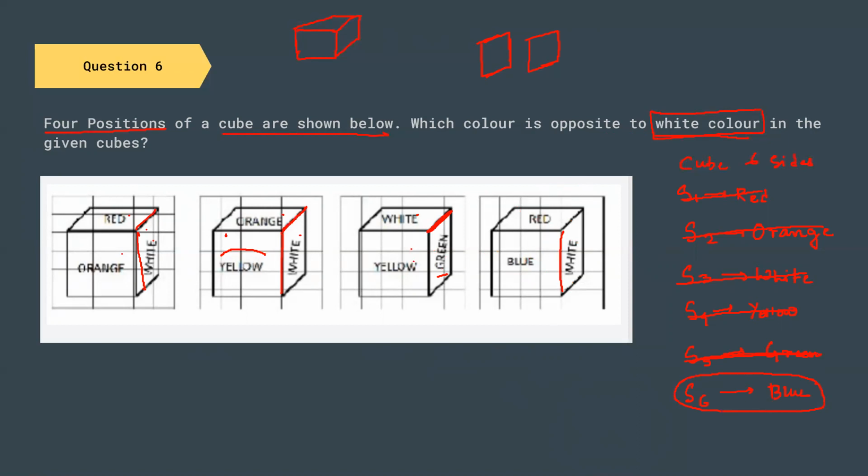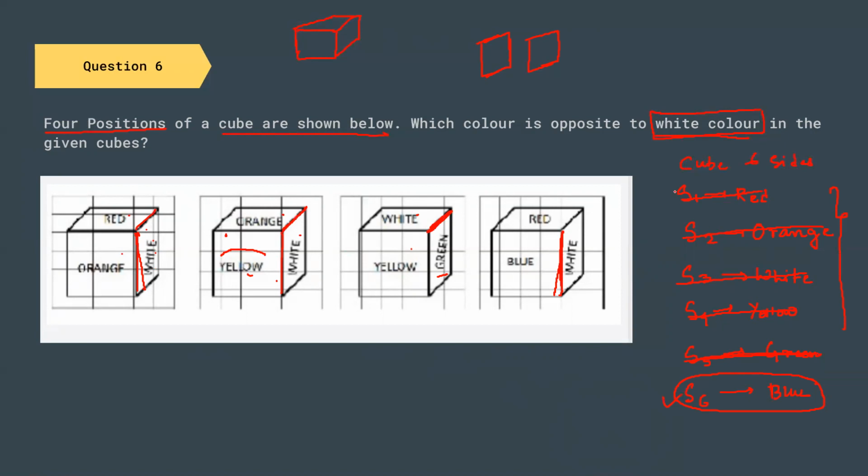So actually, I think there is some problem with this question, because white is with yellow, white is with orange, white with yellow, white with green. Okay, just let us look into this. So whatever we are left with, blue, actually blue should be the correct option,